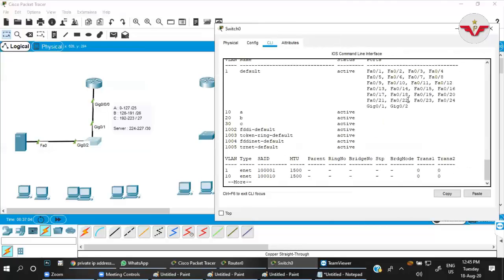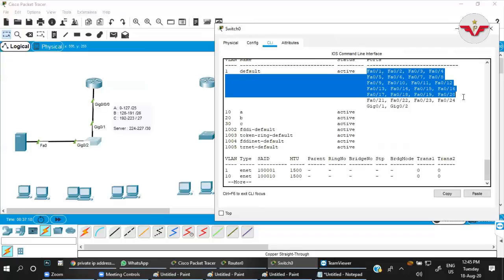Now, because this server is connected to Fa0/2, there is no need to give this port to any of the networks. From 1 to 24, I will divide the ports into 10, 20, and 30.